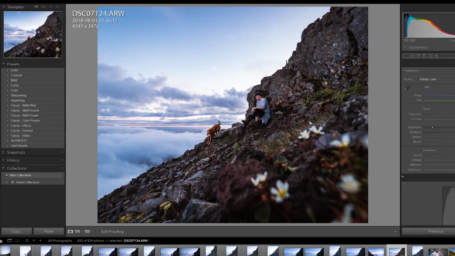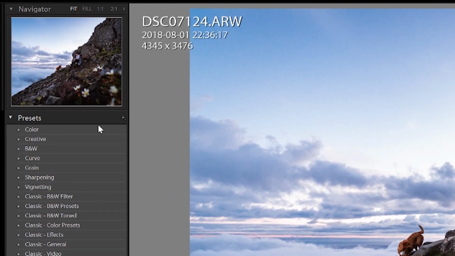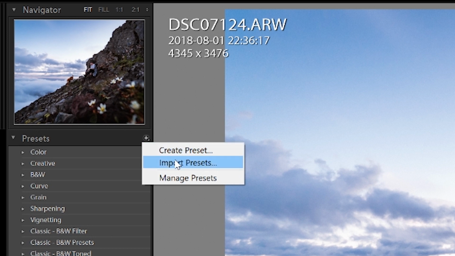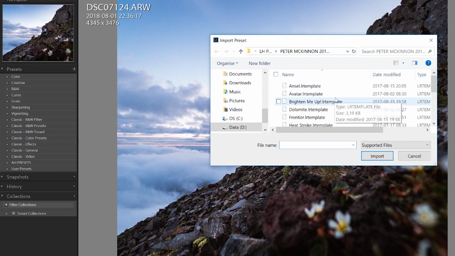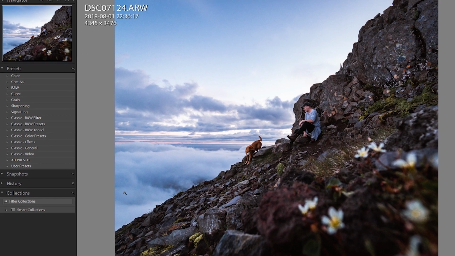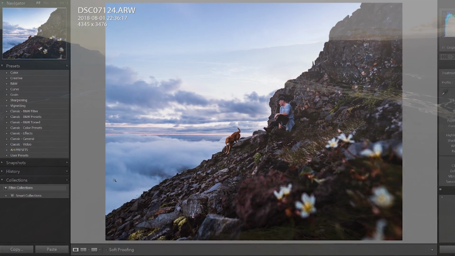All you have to do is open up Lightroom, and then here, by the preset, you can see this little plus sign. Click that, and then you see import presets, all right? So click the presets, and here you just have to find where your presets that you want to import are. And basically, you can just choose if you want to import one, or if you press Ctrl A, you can import them all. And import them once, boom, press the import, and you have done, and it's finished. That's basically it. It's so simple.